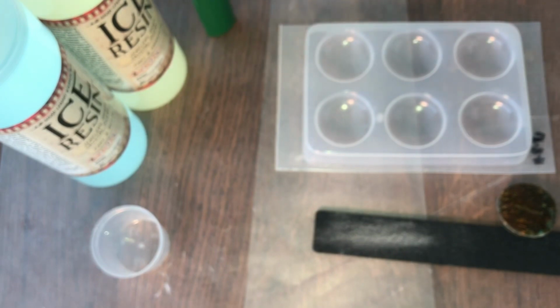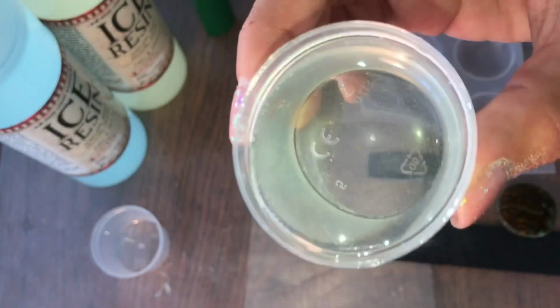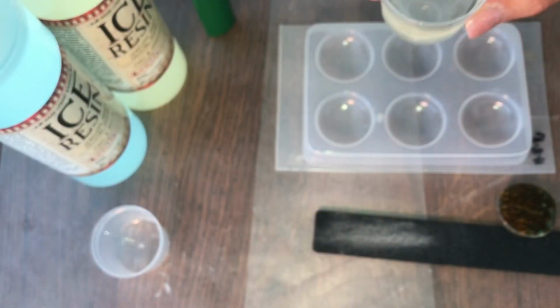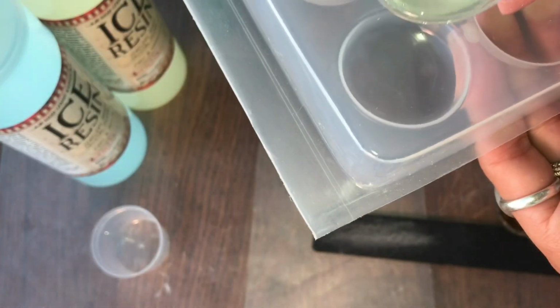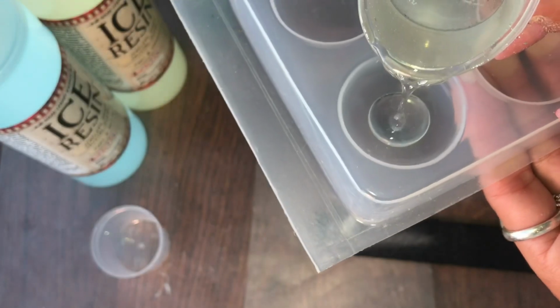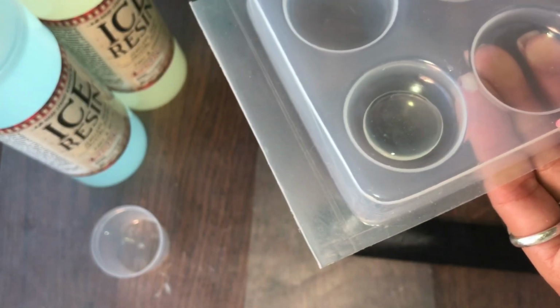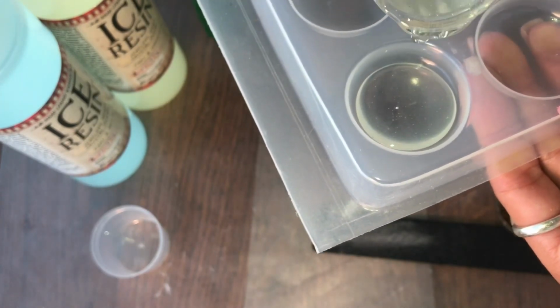So what you're going to do is take a little bit of the resin that I've already mixed up. See how I've just let it set and there's basically no bubbles in there. Make sure you can see what I'm doing. I'm going to pour a tiny bit in your mold, just like that. And I'm actually going to put a lot in there because I want it to overflow to the sides of this